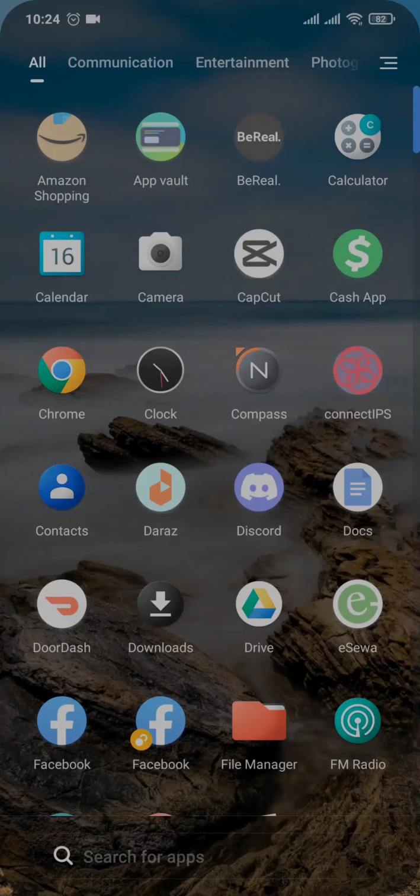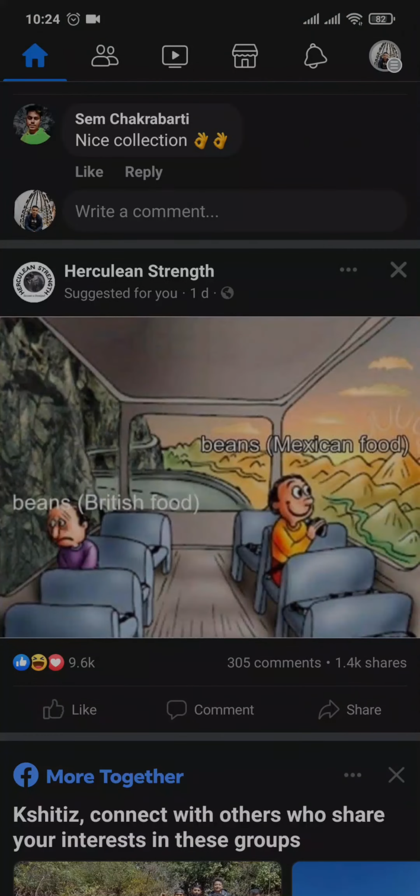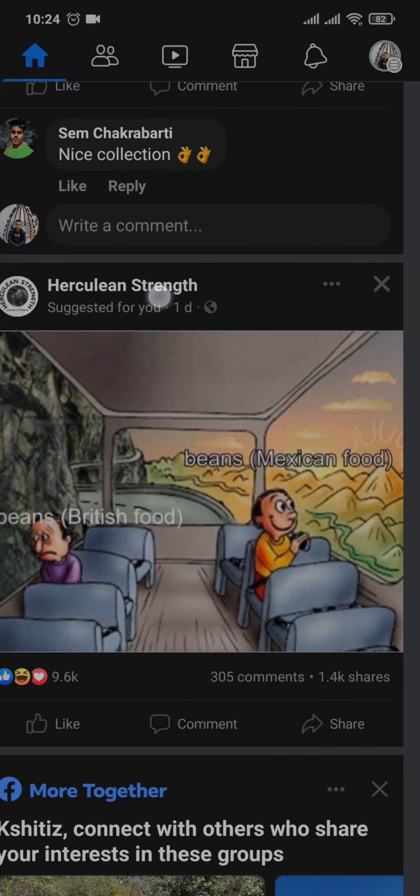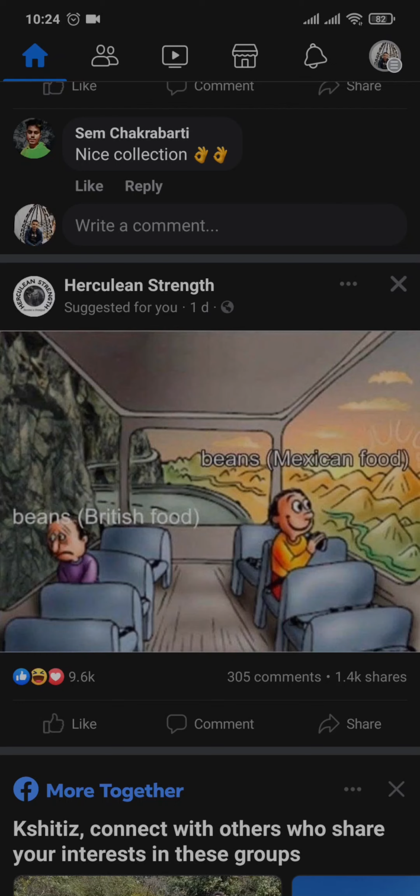In this video, let's learn how to remove suggested for you on Facebook. Suggested for yous are pages being suggested to you. So as you can see, this is what a suggested page looks like. It says suggested for you, and all of these pages are being suggested based upon your interactions that you made